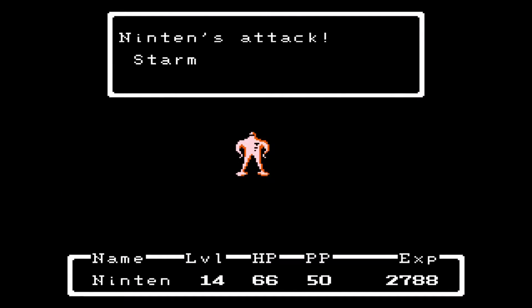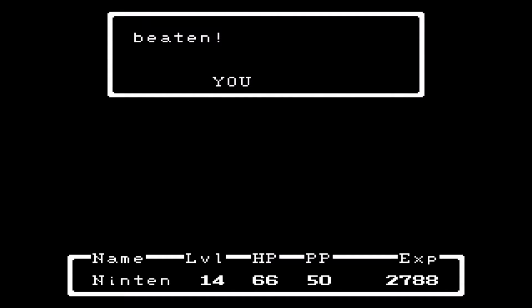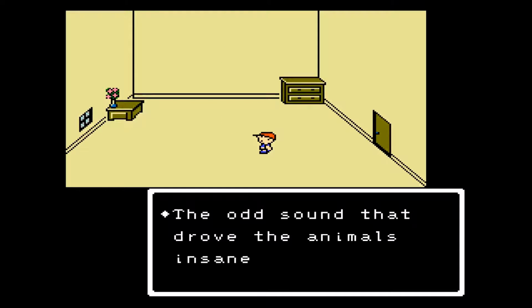I was trying to do something cool there. When he does... Wow, he actually didn't use it. We just killed him. Anyway, the idea is, when he would use PSI Beam Gamma, it would reflect off the